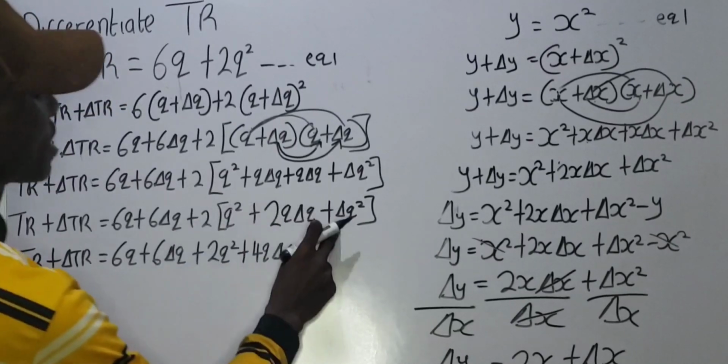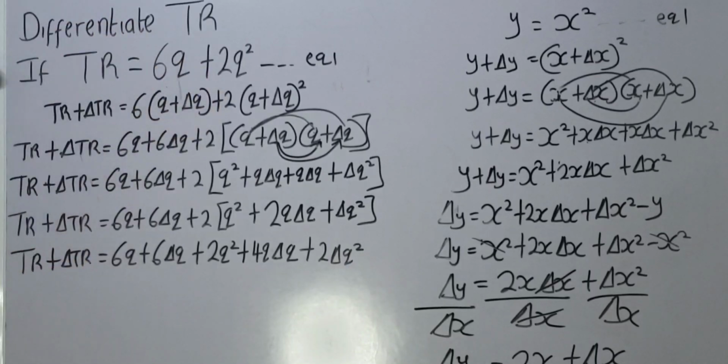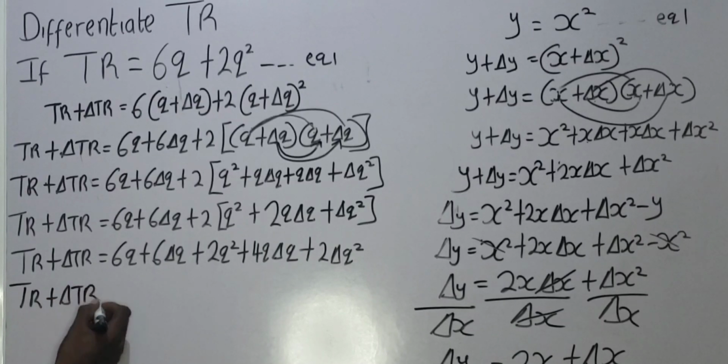2 multiplied by delta q squared, that will be plus 2 delta q squared. Please, do you understand how I got here? If you didn't understand, kindly reverse the video and watch it again. Okay, let's proceed. For this, I'm going to have tr plus delta tr is equal to,